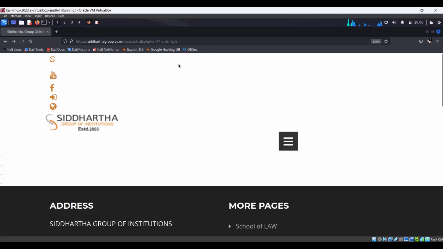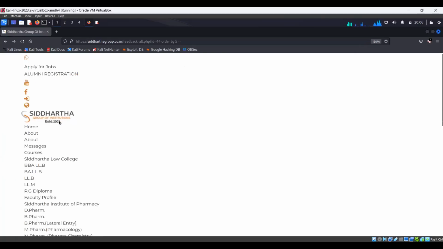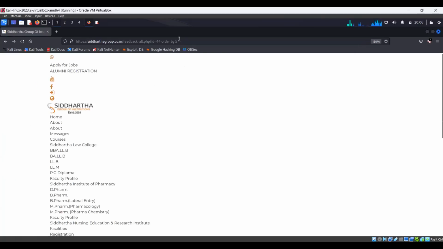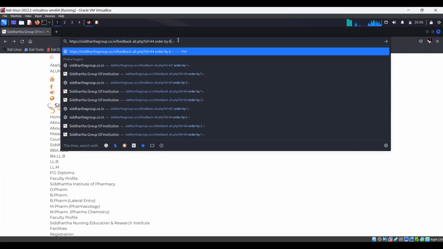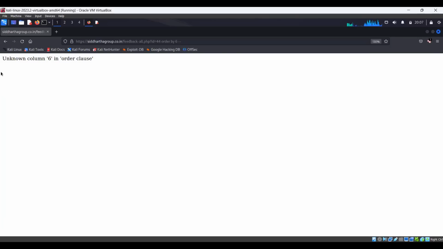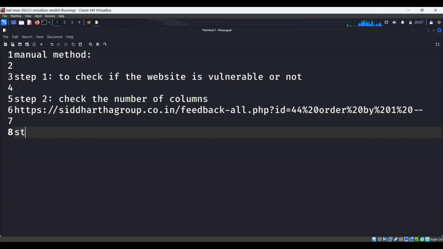So basically we have 5 columns, because at 5 the website is loaded successfully without any error. But when we put column number 6 here, it means there's no column number 6. We have only 5 columns, because we are getting the error at number 6. Okay, so now the third step is to check